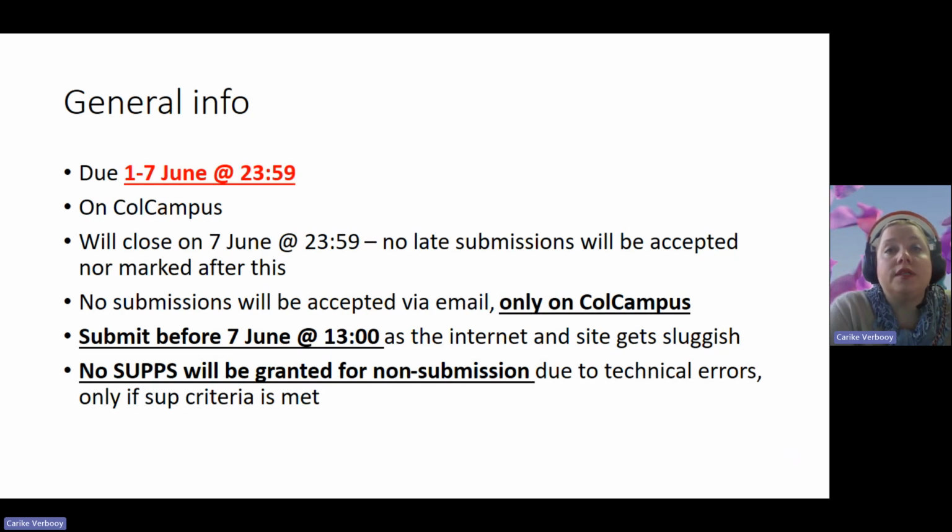Please note that we only mark submissions on Cole Campus, or if you are writing a test on campus. No emailed submissions will be accepted. We do urge you to submit before 1 o'clock on Friday, the 7th of June. As the day goes on, the system does tend to become clogged as everybody starts to jump on wanting to submit. Please note that no subs will be granted for students who could not submit their submissions due to technical errors, as you do have the whole week to submit